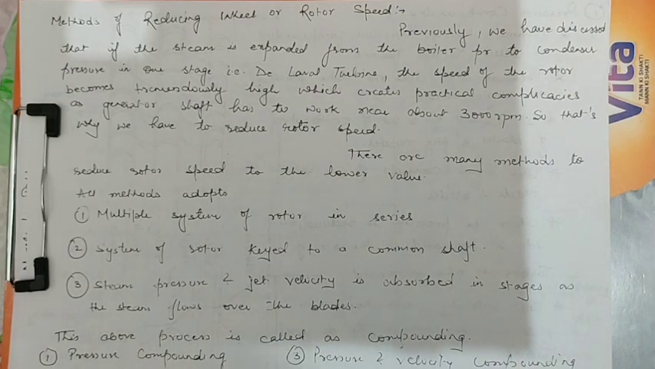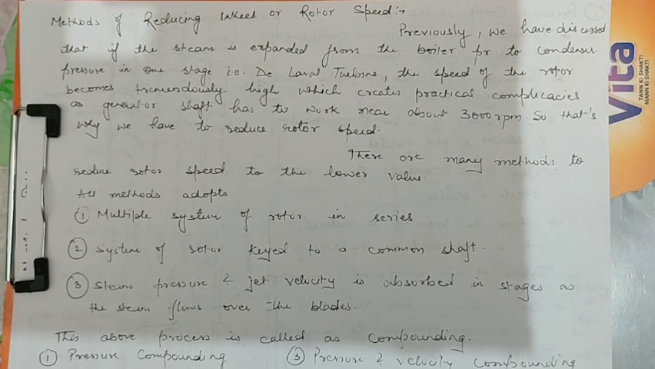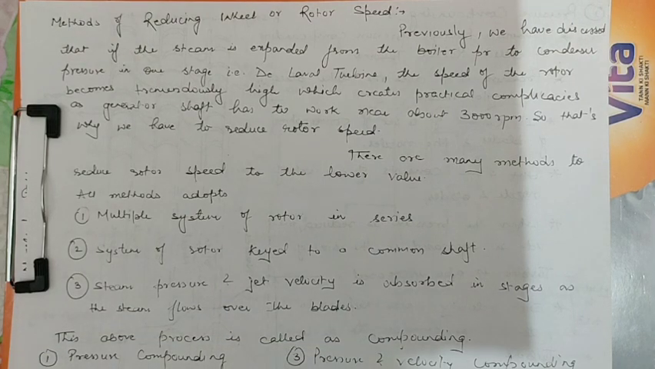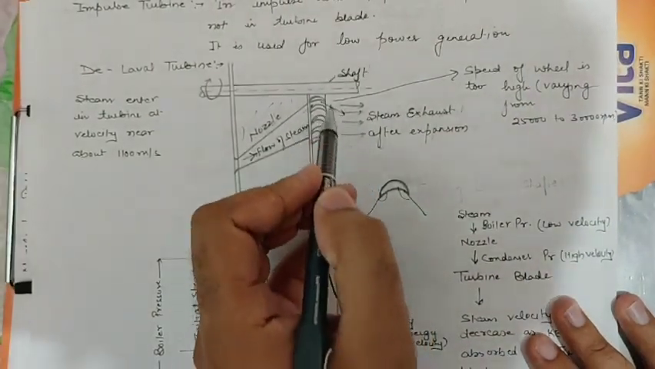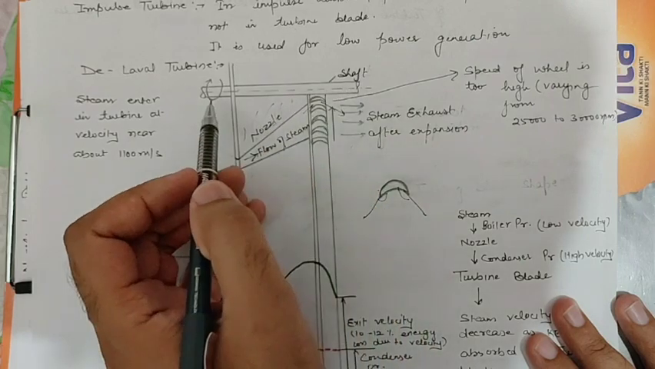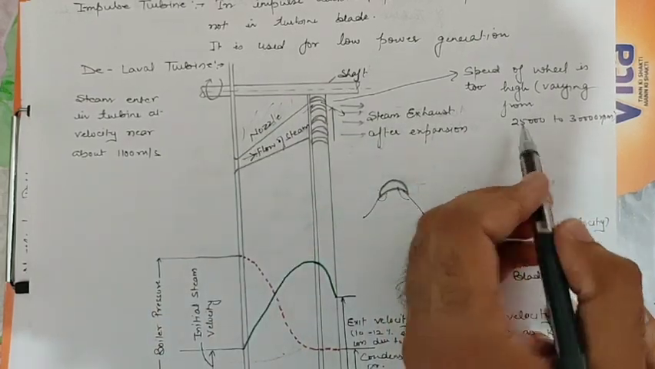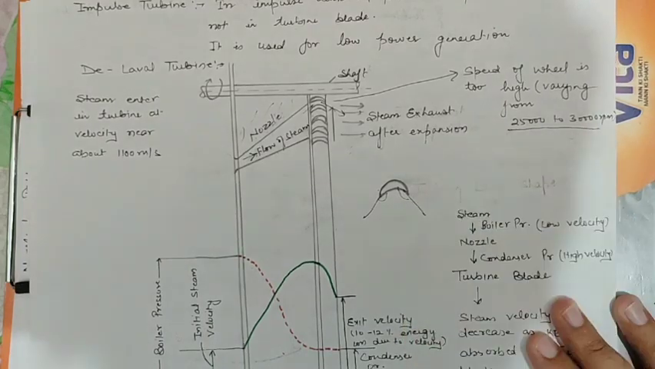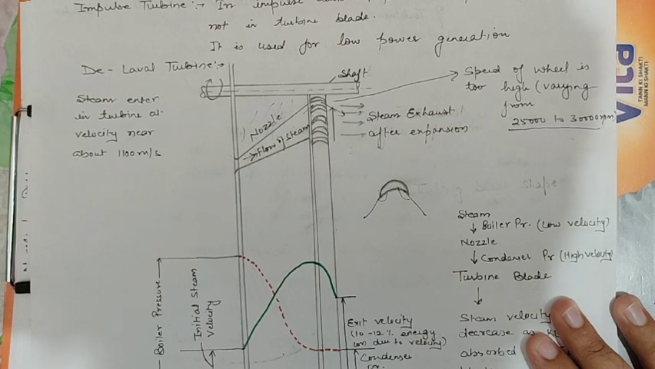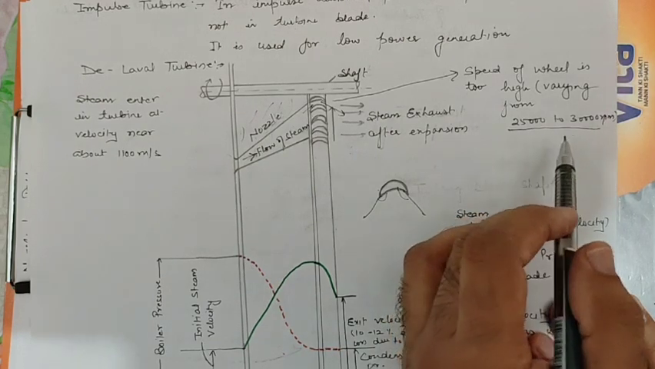Good afternoon, dear students. In the previous lecture, we discussed the working of the impulse turbine as well as the reaction turbine. And in the impulse turbine, we discussed that the speed of the rotor, which is attached to the turbine shaft, is very high, in the range of 25,000 to 30,000 RPM, and it is very high,